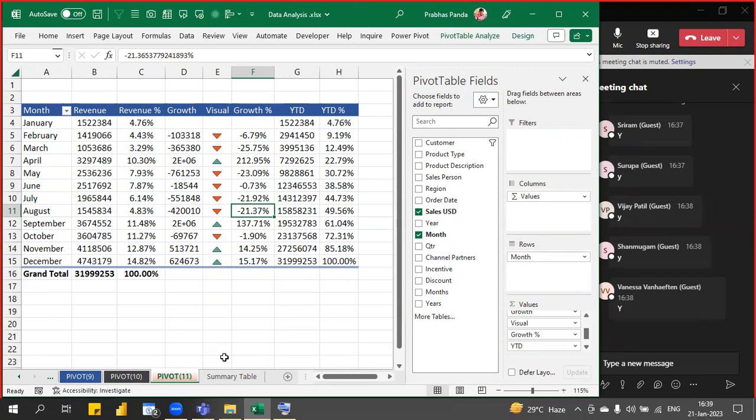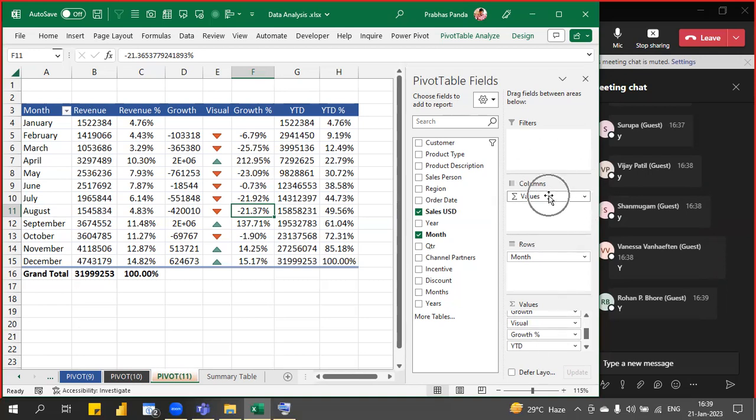Now let's remove all these things because this work is done. How to remove the unwanted fields? If you look at our value area, there are so many fields and I can't just select all and remove them. That is not possible in pivot. If I remove them one by one, it will take a lot of time. So the best way to remove the entire sigma value field area, I'll suggest,